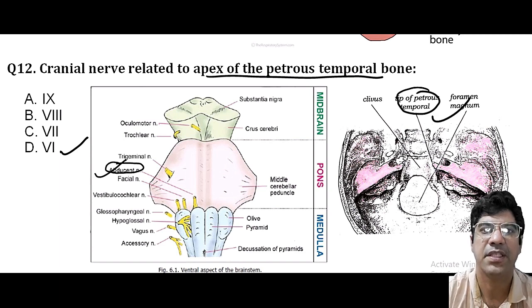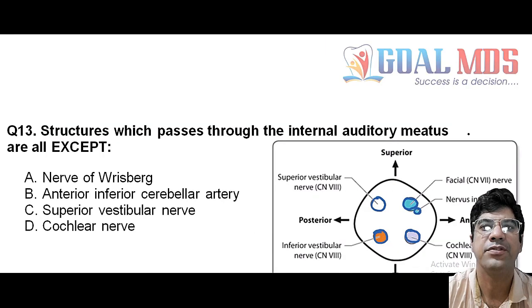Next question, the structures that pass through the internal auditory meatus, they are all except